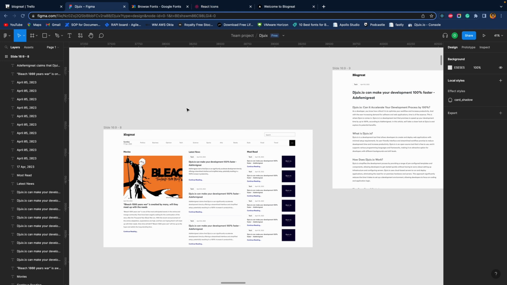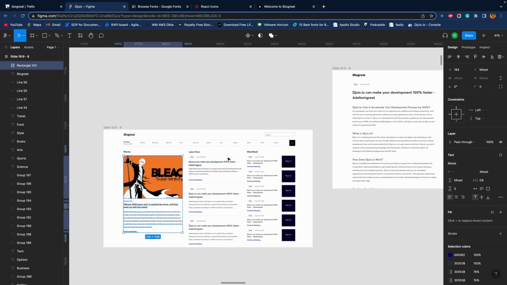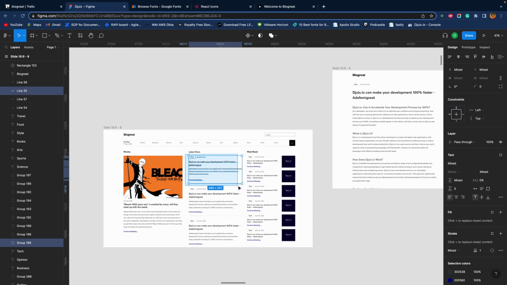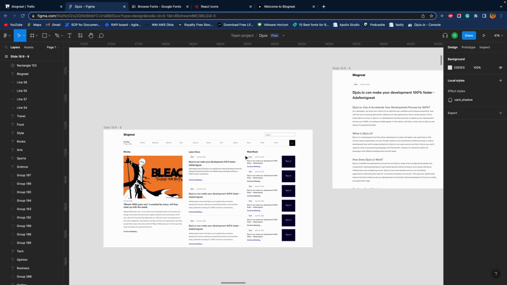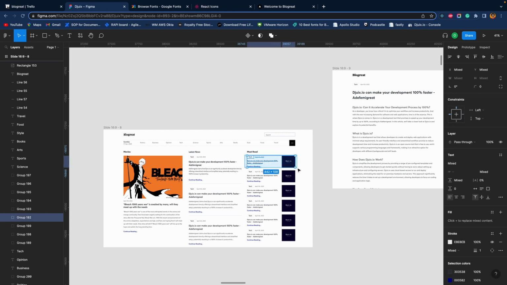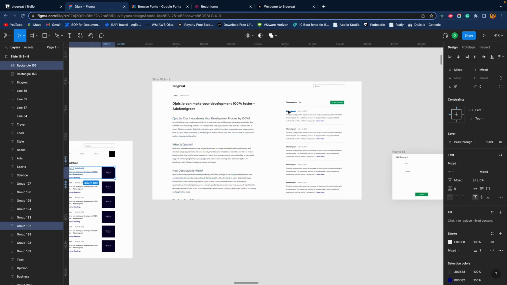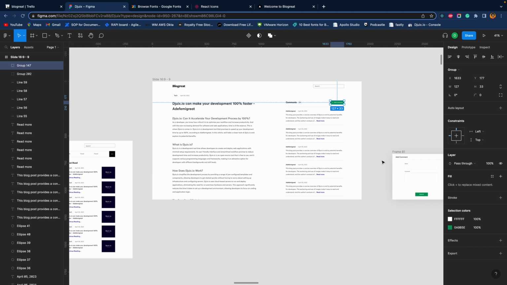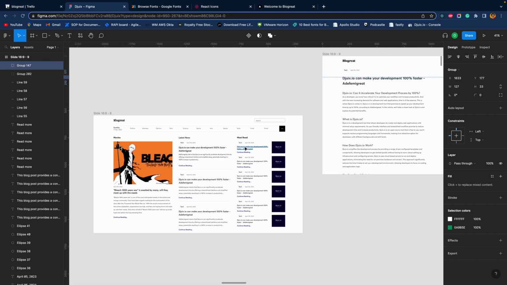So going back to the identification, we have the headers, we have the tag menu, we have this movie section. So this whole part is going to be a component. Then we have the blog component itself, this whole part. Then we have the most read, this whole part. And moving on, we have the comment component as well. Then I think we have the button components. This can be reused. And I think those are the components we are going to work with.